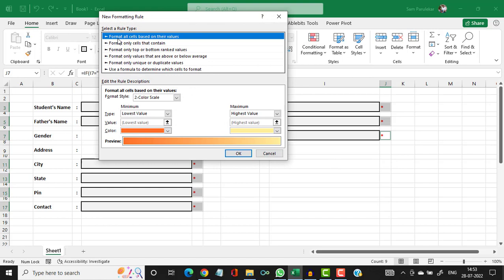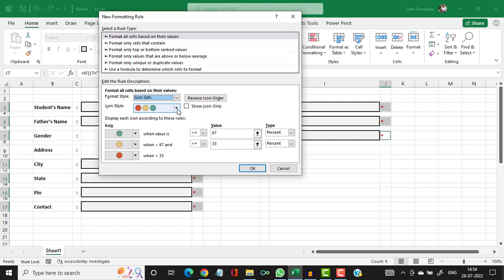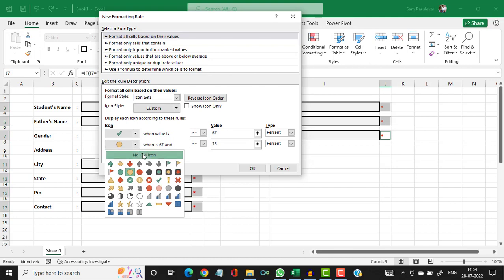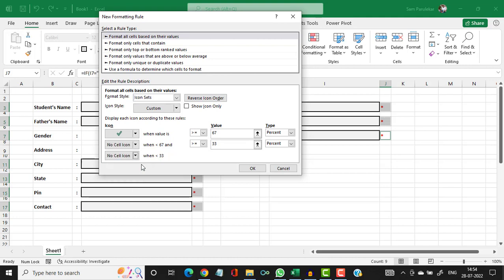In new rule I select format all cells based on their values. Remember, earlier we had selected format only cells that contain value, but this time we are selecting format all cells based on their values. Now in this drop down over here I will select icon sets. In the icon sets you have the different icon formats, so I select the first one, and in this very first one I select the tick mark. Over here I select no cell icon, and I specify when the value is greater than 1, it should substitute a tick mark,